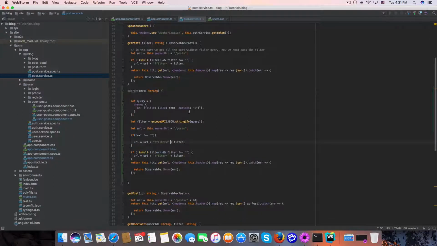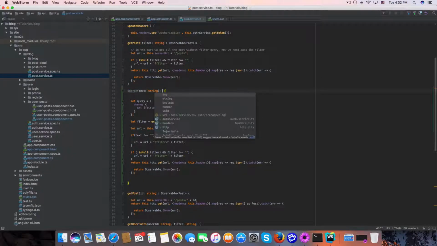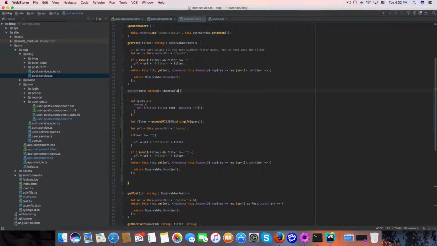Okay, and it will return an observable with any. Okay, so we have a search function, and let's try